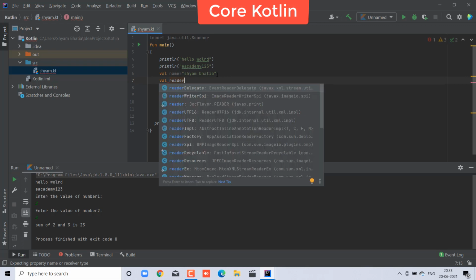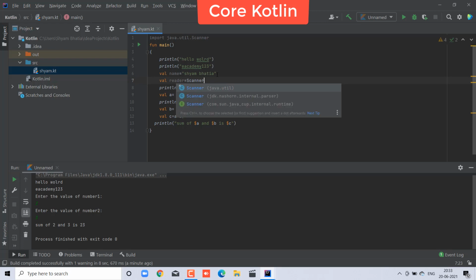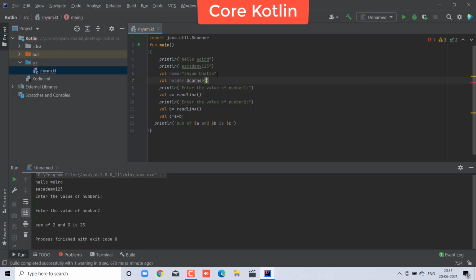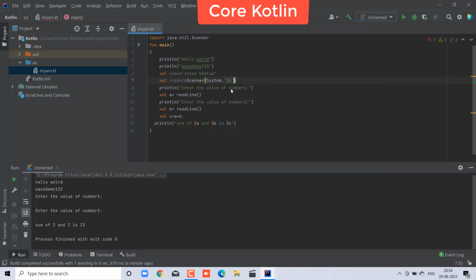I am creating an object, reader is your object, whatever name you want to give. It is user-defined from Scanner, Scanner with System.in, which is for input.